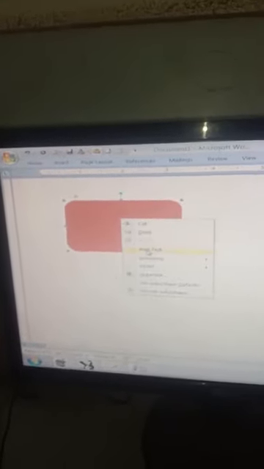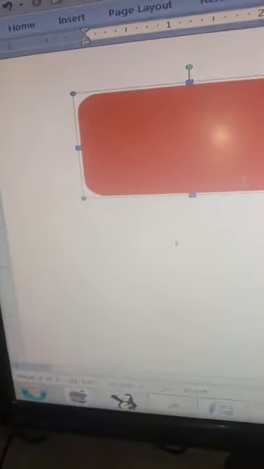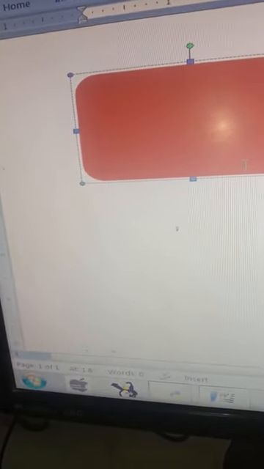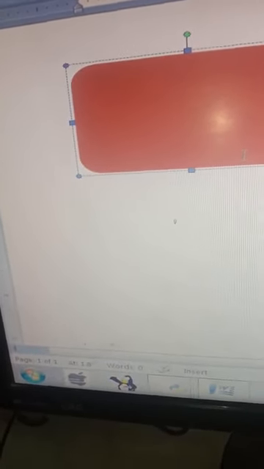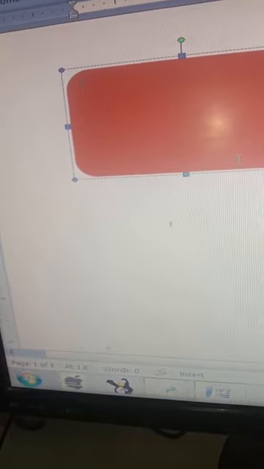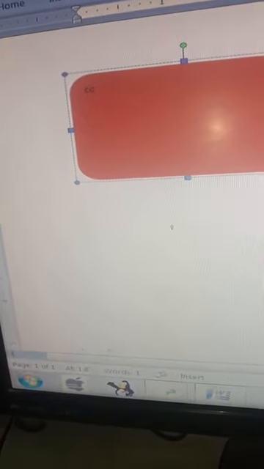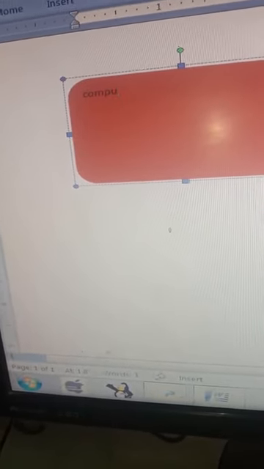I can also add the text over here. In order to add the text, right click over here, move to the option Add Text. As soon as you click on the Add Text button, look, the cursor appears over here. You can type the text. Suppose I am typing the text COMPUTER.